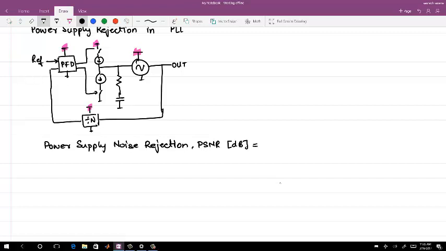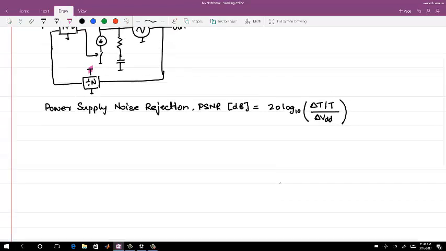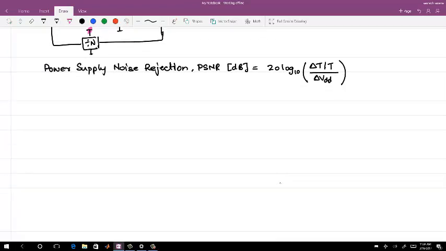This was defined as 20 log base 10 of (delta T by T) divided by delta VDD. This is the power supply noise rejection in a PLL. Now looking at the VCO,